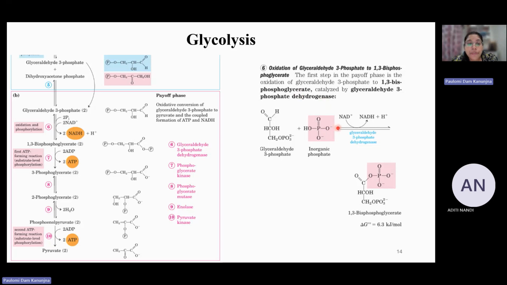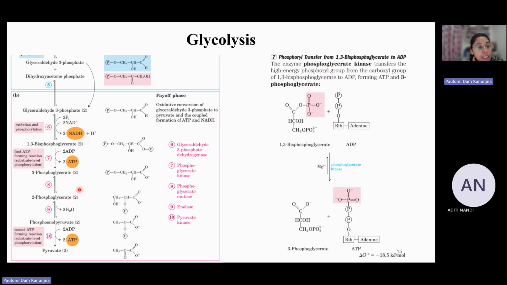Okay, well, so the first step in the payoff phase uses NAD plus to reduce it to form NADH. In the meanwhile, your glyceraldehyde 3-phosphate is getting oxidized to form 1,3-bisphosphoglycerate, right? The two that you see here is basically two. So there are two glyceraldehyde 3-phosphate, so everything is happening twice. Okay. Now, what is after that? What happens to the